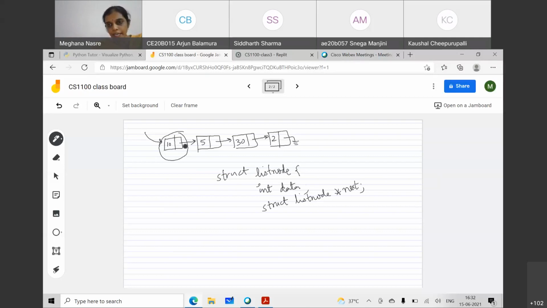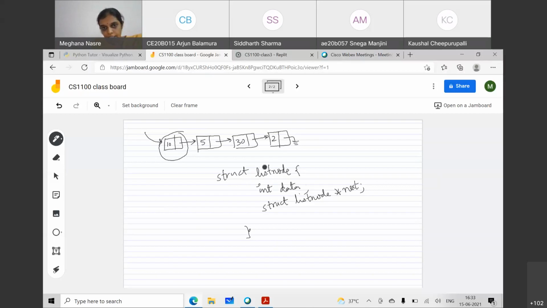This next is a pointer to struct list node, and struct list node is itself what we are defining. So what we said in the slide, that a structure can contain a pointer to itself, is something that we are using.